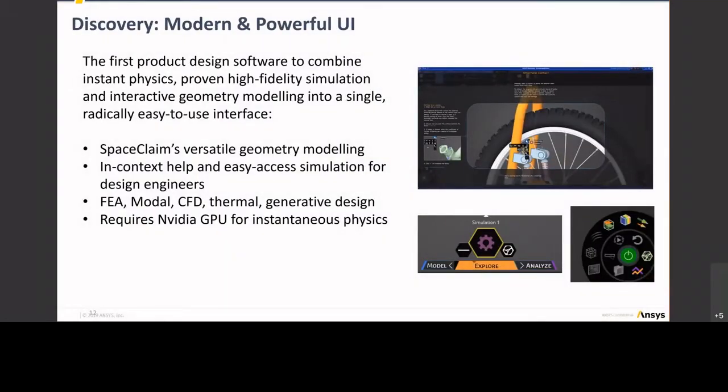We think it's a very interesting user interface. You'll see it in a minute, and it has things like in-context help, where you're hovering over within the graphics scene and just hit F1 and you'll get this context help that comes up and explains what you're doing. And the whole idea is to guide the designer through the setup of a simulation process in layman's terms, so that they don't necessarily have to be a simulation expert and can still get a good result back from that